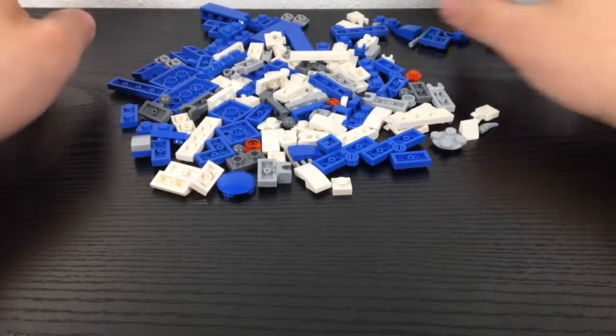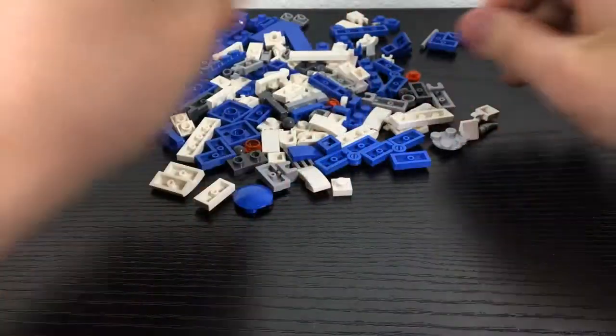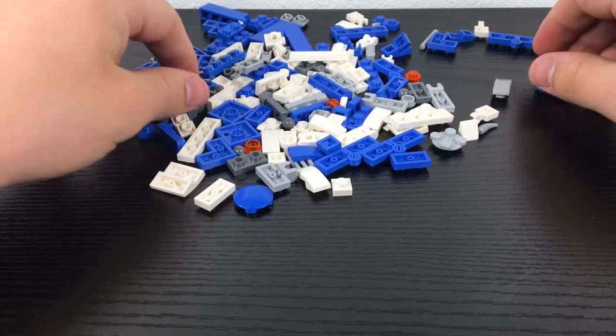Alright, we're going to do Snow Barron. The first bit of Snow Barron is a bit tricky, and sometimes I forget. So, bear with me. Here we go. Alright,